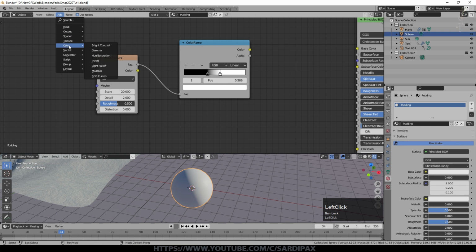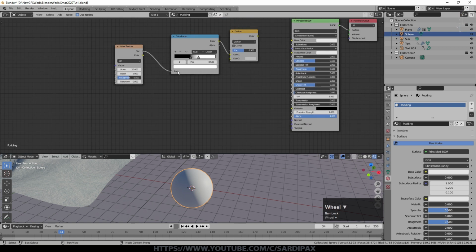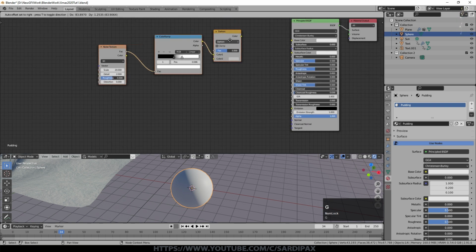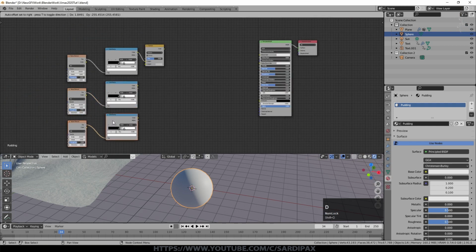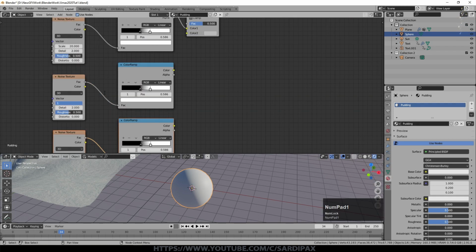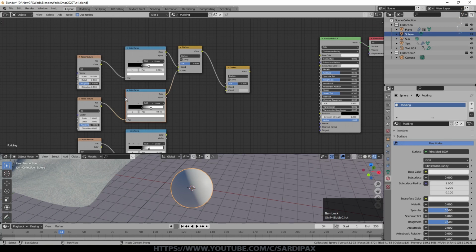Then add a color mix node. Take the color output of that into one side, set it to darken. Then I'm going to move all of these to the left. I'm then going to duplicate these two and duplicate them again. I'm going to set the scale for the next one to 15. I moved the points out slightly on that one, and I need another darken node. This node feeds into that one, and that feeds into that one. So we're adding up these two slightly different textures.